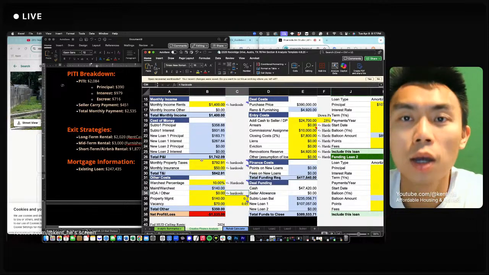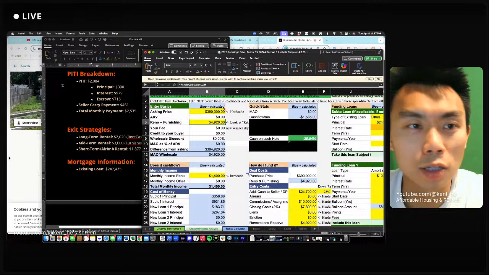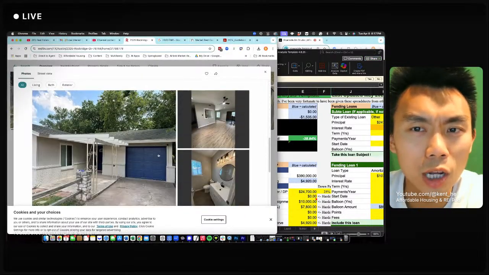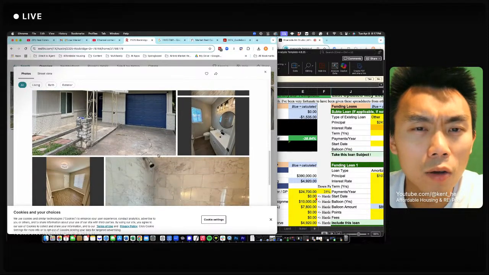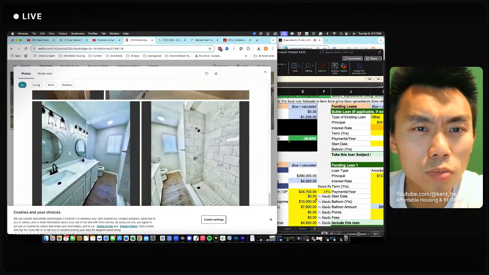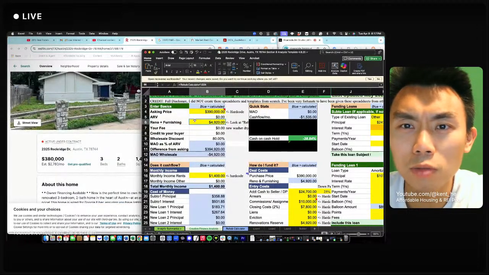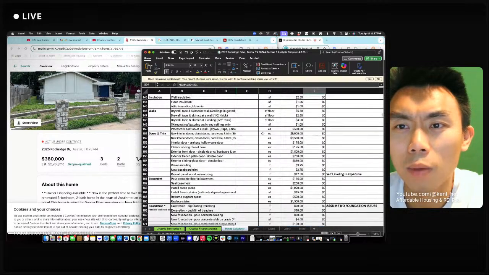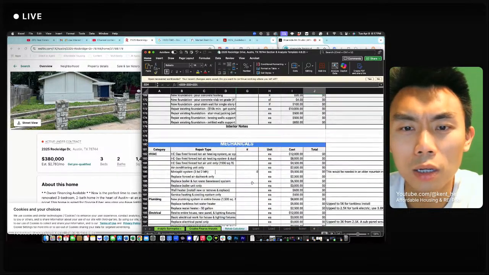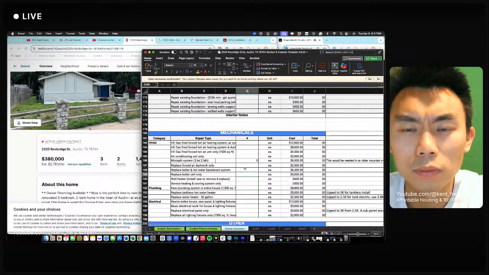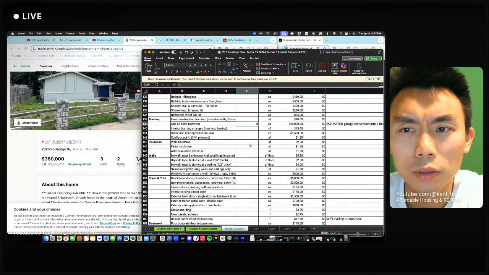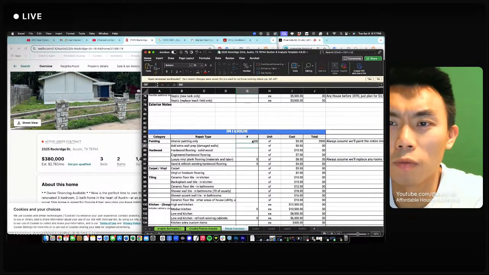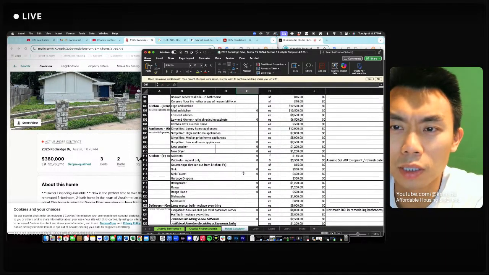Great. Now, let's go ahead and look at some pictures, right? Let's look at this property. Does this property look pretty good? There's a shed in the back, but for the most part, this looks pretty turnkey. So I don't think there's much renovation here. If I go to my rehab calculator, I'll probably put in like 300 square feet of painting